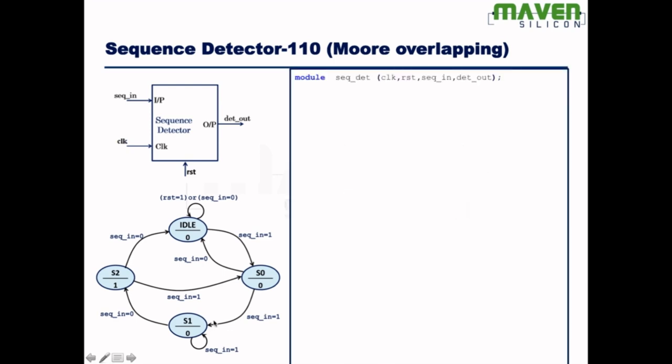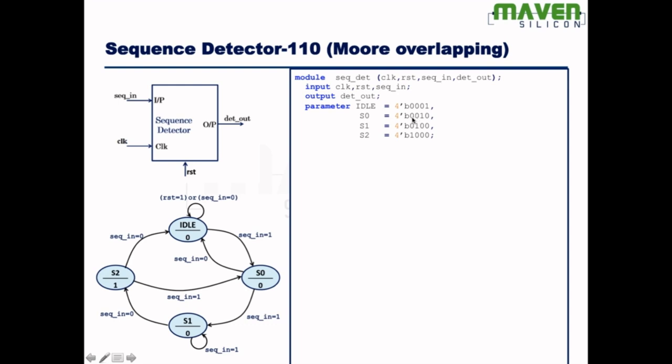How you can write the source code: module, sequence detector, all the ports are wire data type. So define the directions, input, output. Here, there are 4 parameters. I want you to remember this. For any FSM, you have to define parameters. Here, how many states? 4 states. So there are 4 parameters. And then you can define the values: